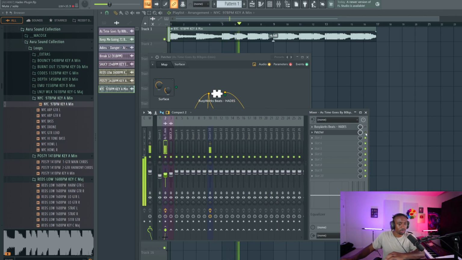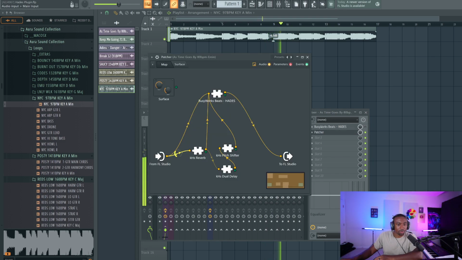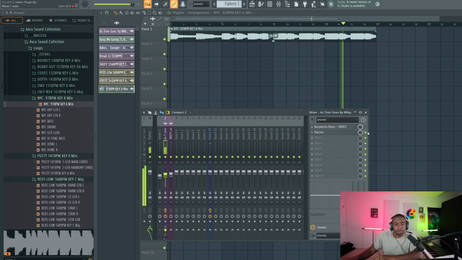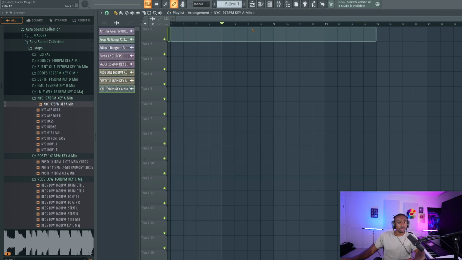So here's before, here's after. Even without the reverb chain, it has dimension, just with Hades. Reverb adds a little more density, a little more depth. All right, so that's the magic of it.